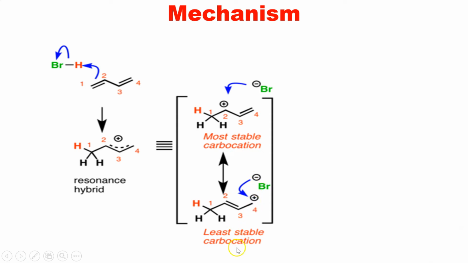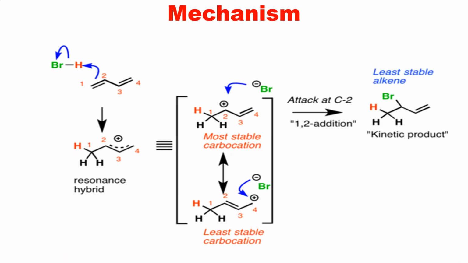But it is the least stable carbocation. As per the rule, the more stable carbocation will give an alkene, and again the least stable carbocation will give an alkene from a diene. But the next thing is that the least stable alkene, from a more stable carbocation, has been formed,